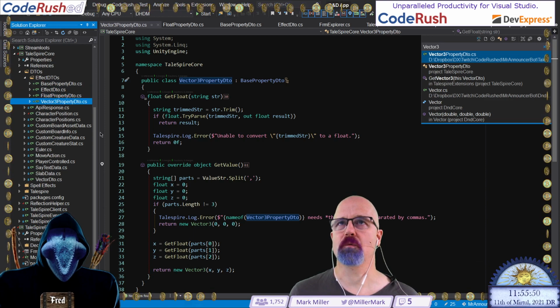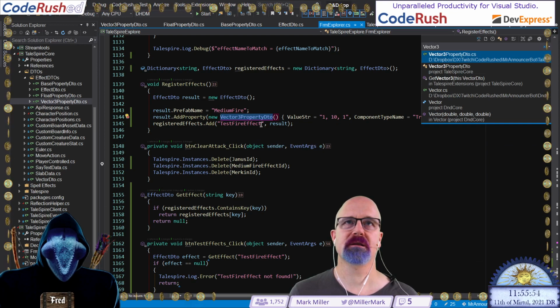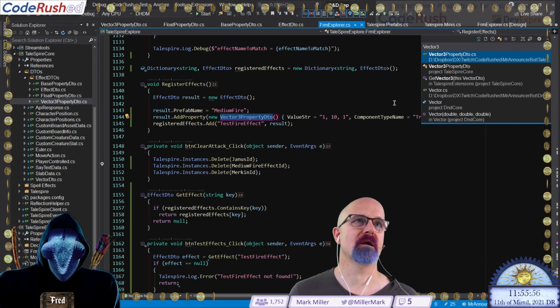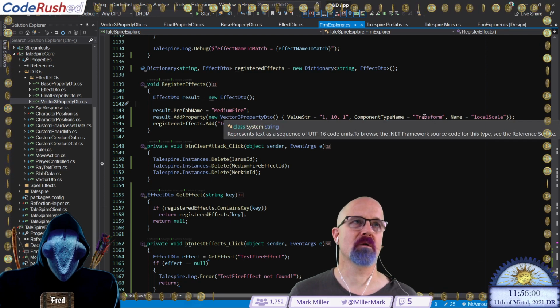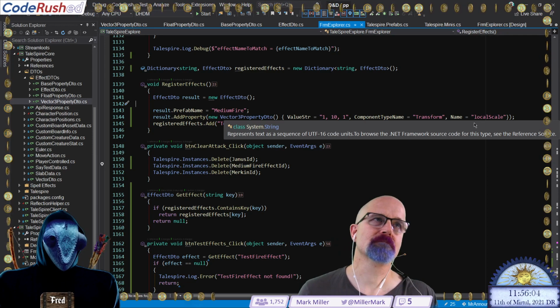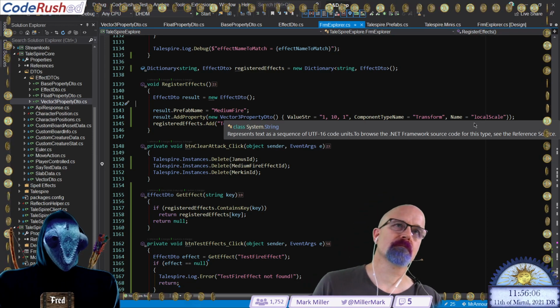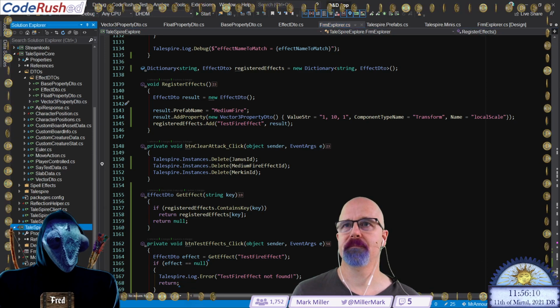This is the class I'm working with so far. All right, are we creating a new instance of this? There it is right there. So there, we've got its value. We're going to go into the transform component and grab the property local scale. Okay. Let's build it.